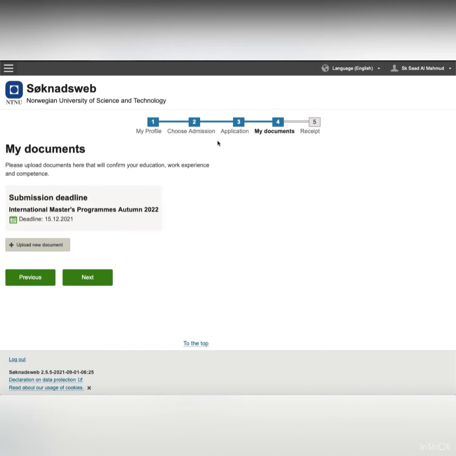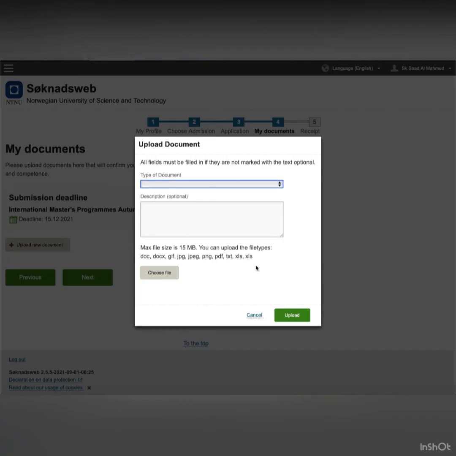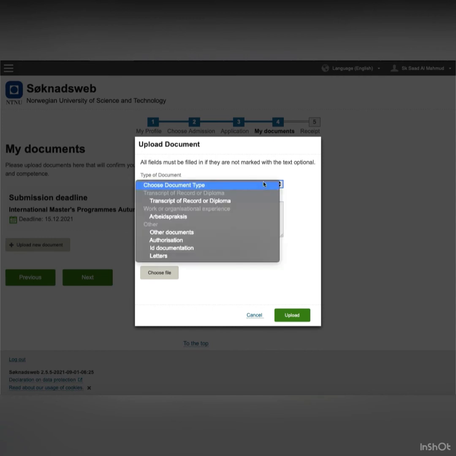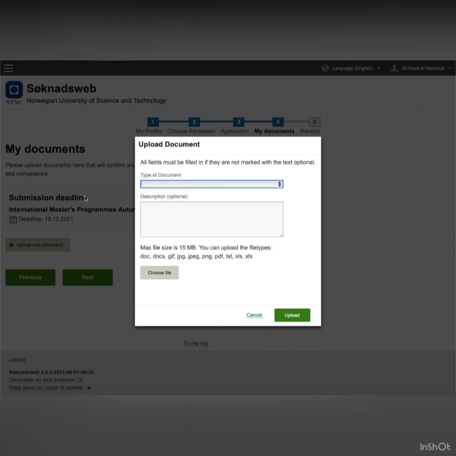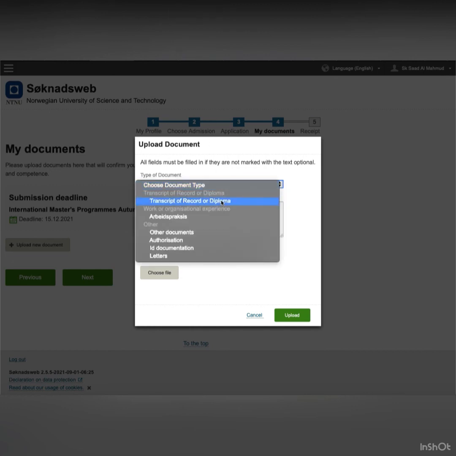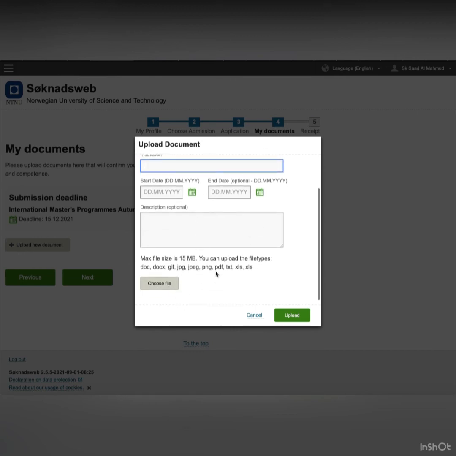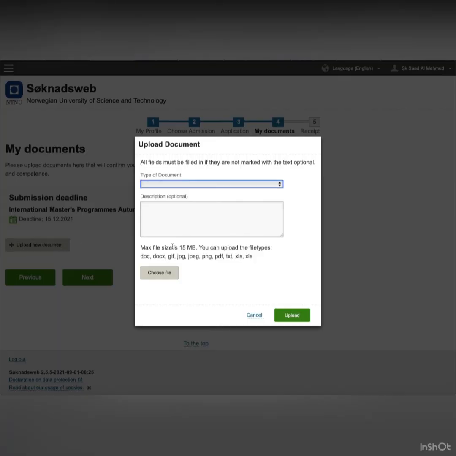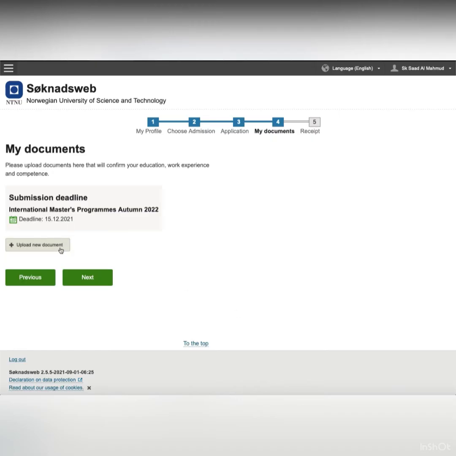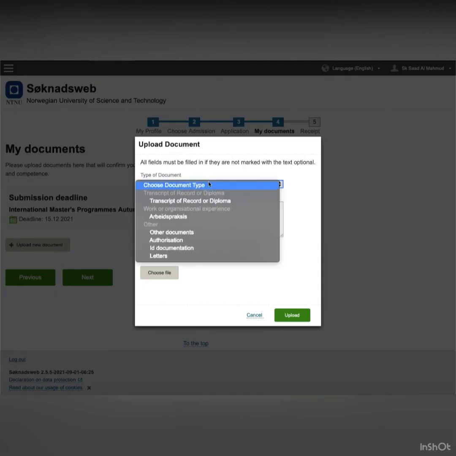the document section, actually we need to upload the documents. So for the programs that we picked earlier, we need to check what information and what documents we need. If it's a transcript for diploma or bachelor, then we can choose this, fill up the information, then choose file and then upload. I'm not uploading this right now because I already uploaded mine in a different account. So yeah, like this. The type of application ID means passport,